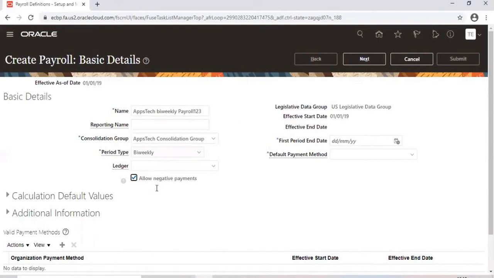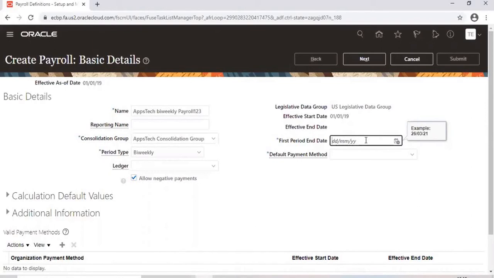So now coming to the first period end date here. What is this first period end date? Basically, when you define the payroll, in the next step we are going to give up to how many years you have to generate payroll periods. Usually, if my salary is a monthly salary, and I am defining this payroll definition from January 1st, 2020, for example, I will usually define for 10 years.